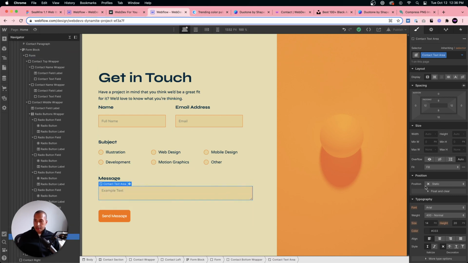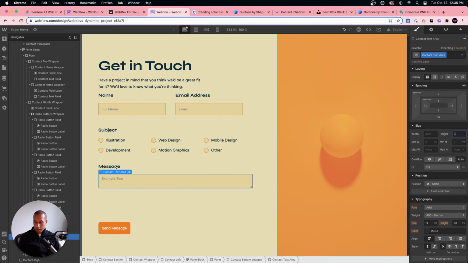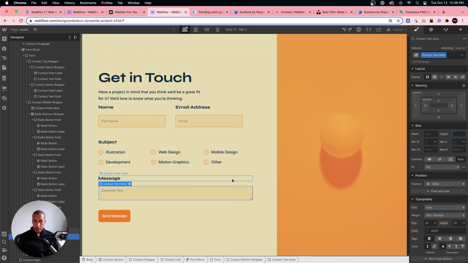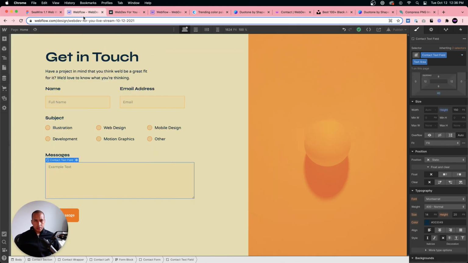Yeah, this is very curious. If anyone knows why I'm not able to change the height here, definitely let me know, because I'm very curious about that. Yeah, I was able to do it on this one. Oh, wait a second.